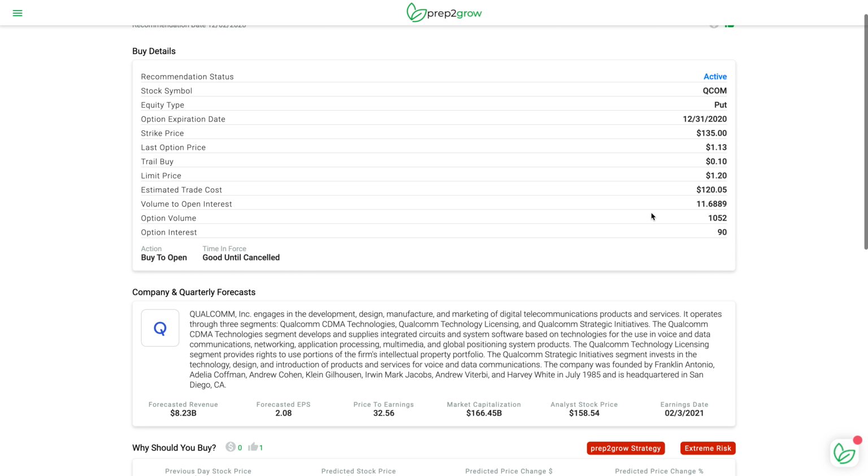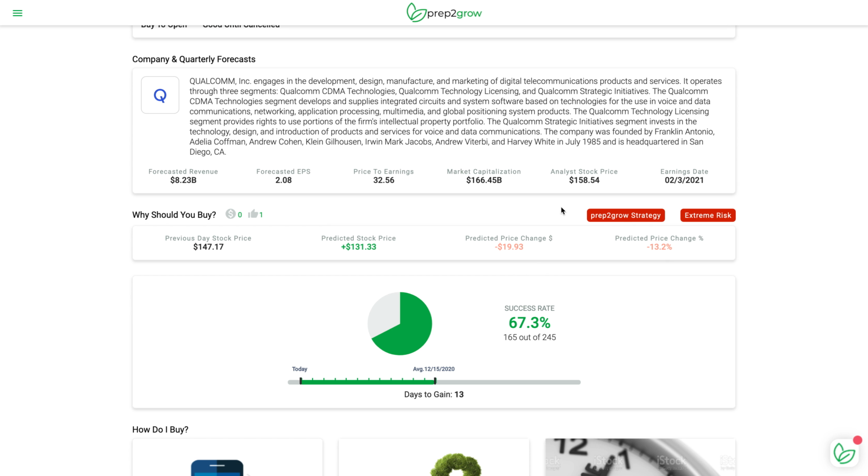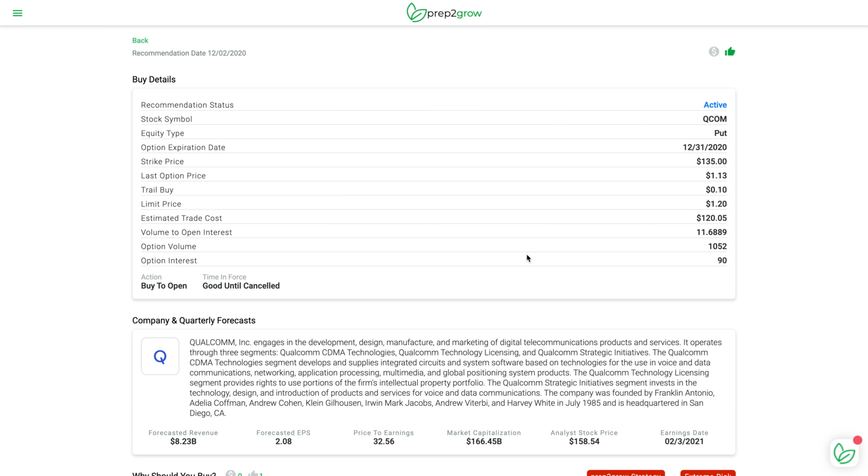It's a put, and while it doesn't meet the strategy for prep2grow, and we have not had great success picking Qualcomm as a put, it is predicted to go down. It's predicted to go down by 13% or $19, so it does match the momentum play that somebody's doing with Qualcomm. So this may be a good momentum, unusual option activity play for you, and that's why you've liked it. And now I'm going to buy it, or flag it as a signal that I'm going to buy it. So now that it's signaled to buy, I'm going to start to get all the updates on this